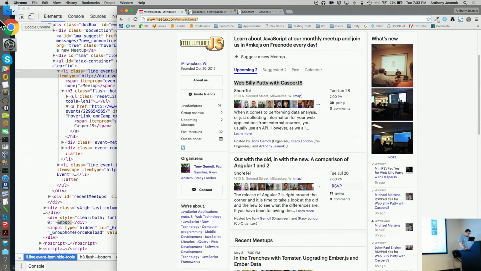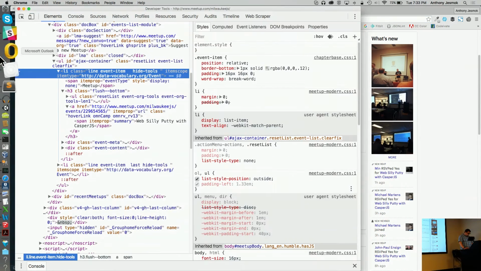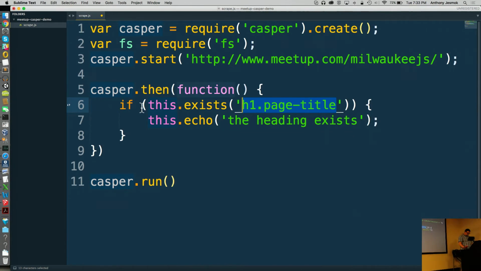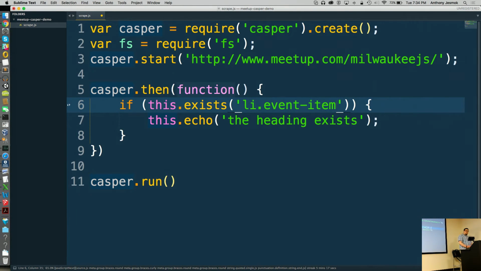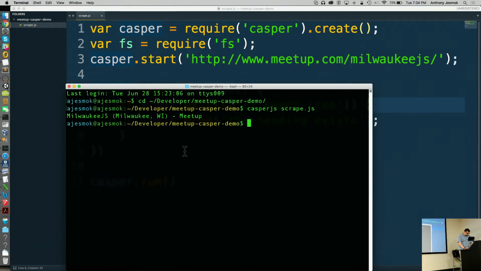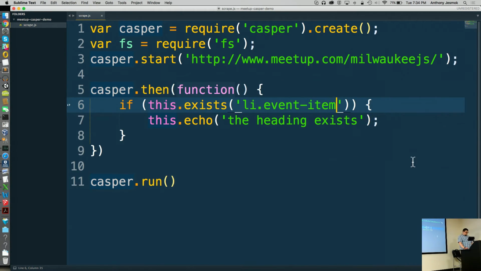We're going to go into here. We're going to do li.event-item. So what we're going to test for now is this.exists li.event-item. And it exists. So the event item exists.